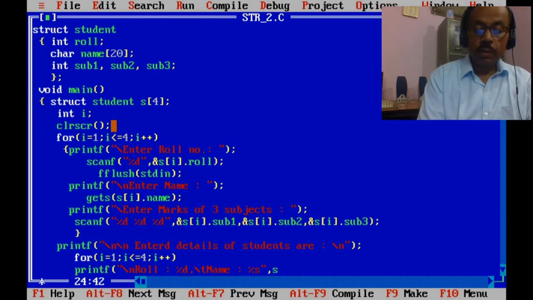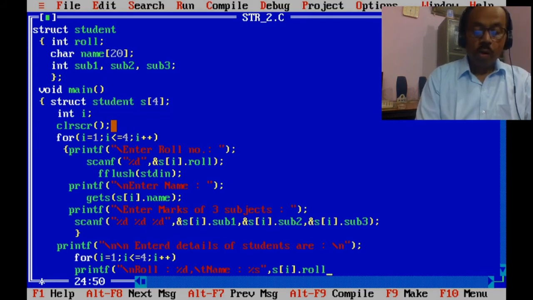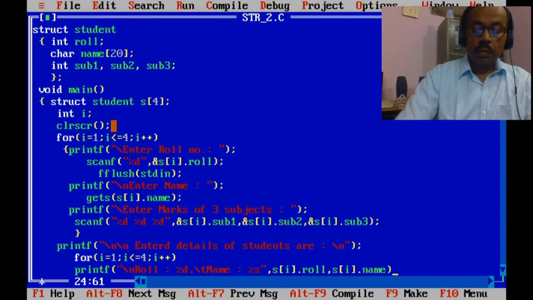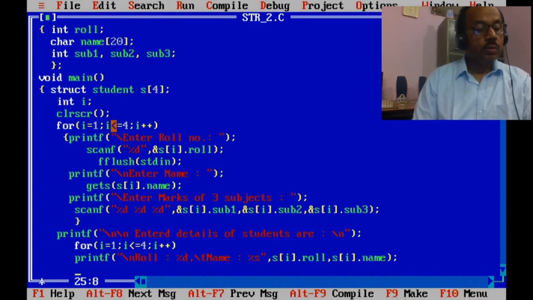Now the variable names si dot roll comma si dot name, and this is the close.